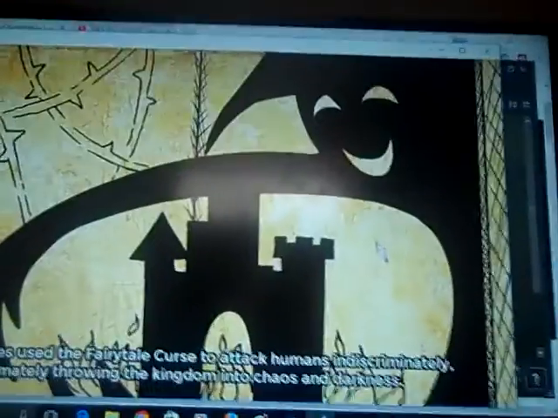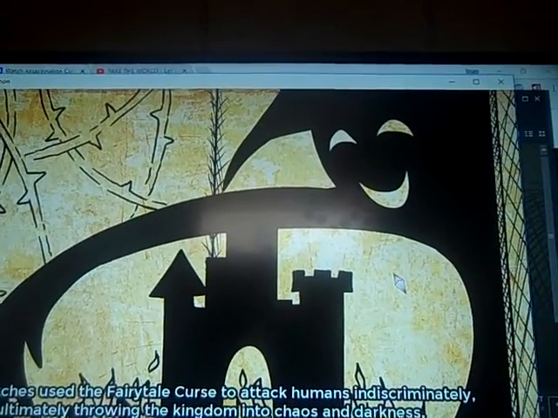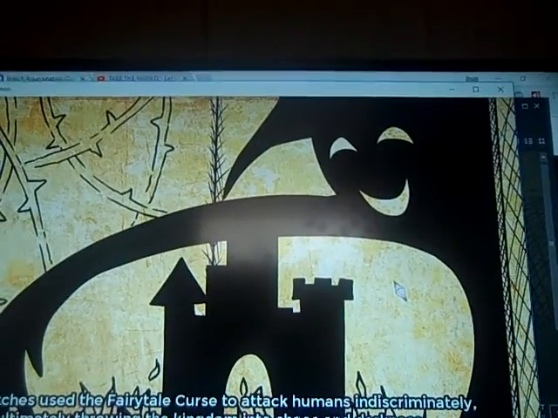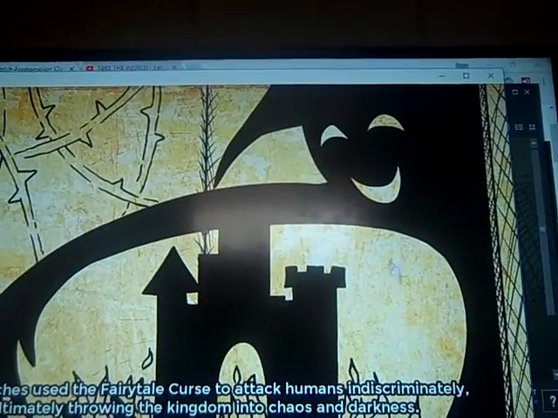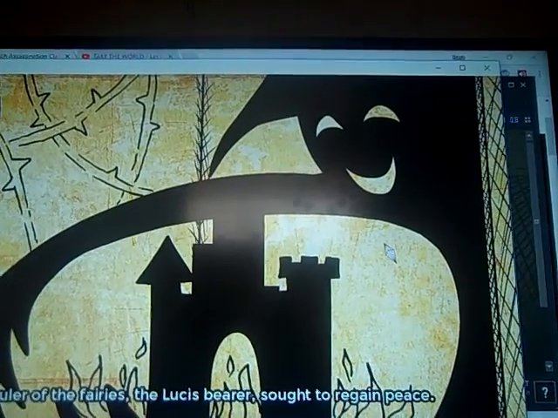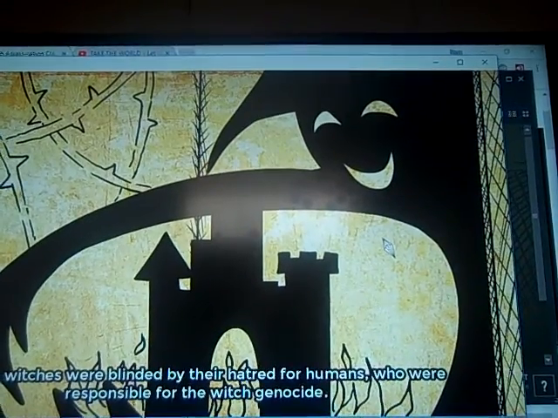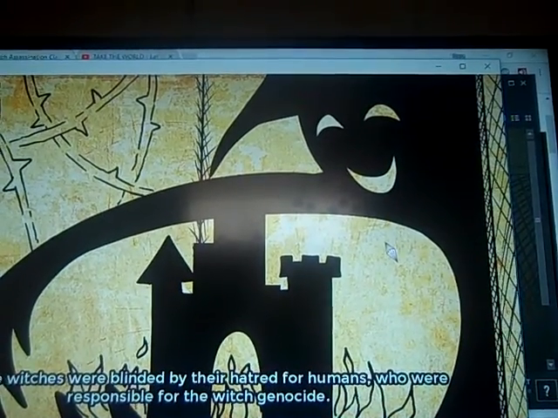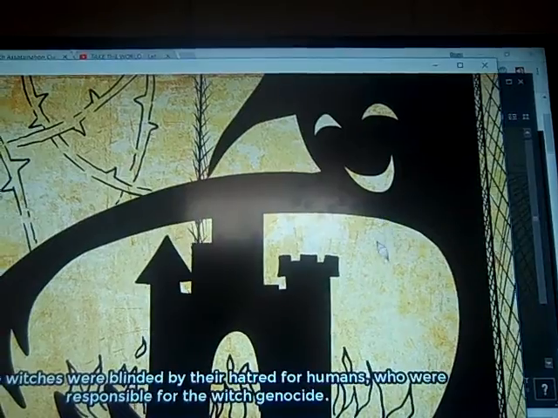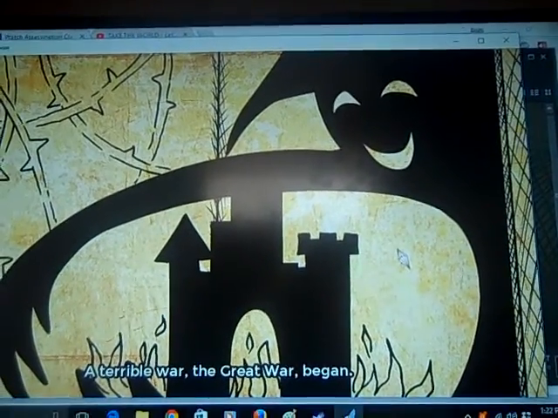The witches used their magic to use the fairy tale curse to attack the humans and throw them into a chaos of darkness. But the witches were blinded by their hatred for humans. A terrible war, the Great War, begins.